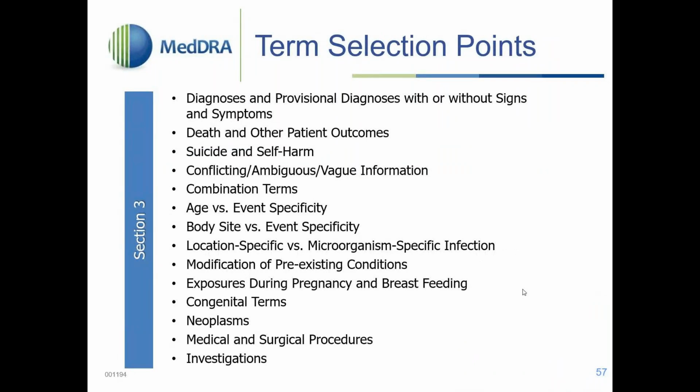After these more general coding principles discussed in the first part of the PTC document, the second part then addresses some specific coding topics, individual types of data, and how to handle them in operational coding. You see them here: diagnosis and provisional diagnosis with or without signs and symptoms, death and other patient outcomes like hospitalization, for instance, suicide and self-harm, combination terms, prioritization of age versus event specificity, prioritization of body site versus event